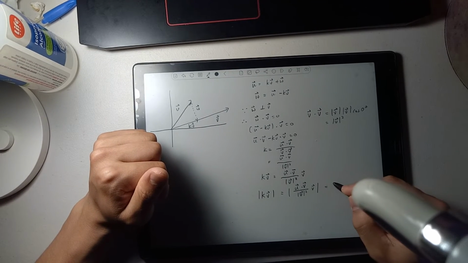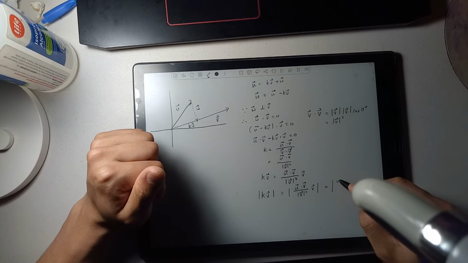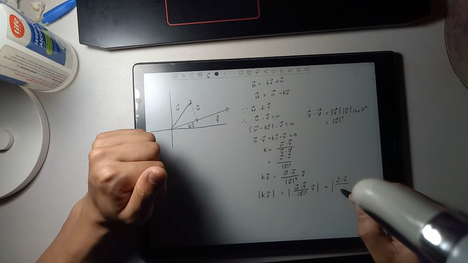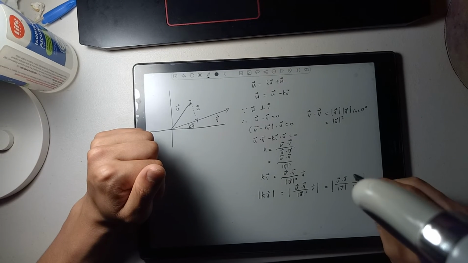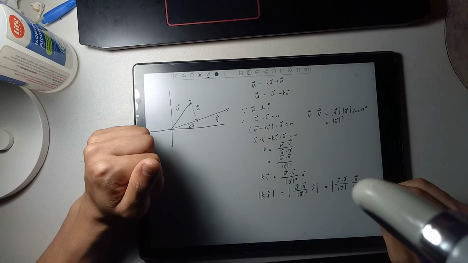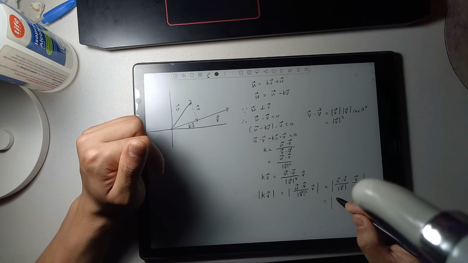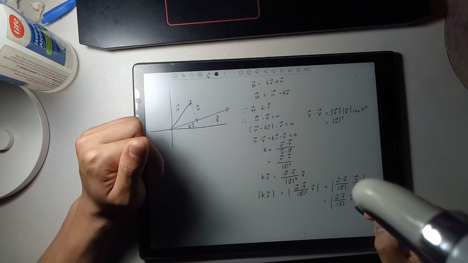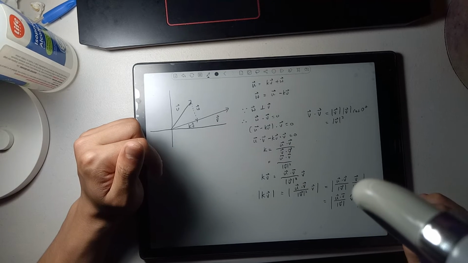I'm going to rewrite this. I'm going to move this magnitude here, so I have u dot v over the magnitude of v times v over the magnitude of v. Notice that this component here is v hat, or a unit vector v. So I'm going to write this as u dot v over the magnitude of v times v hat. Since v hat is a vector and u dot v over the magnitude of v is a scalar, I can